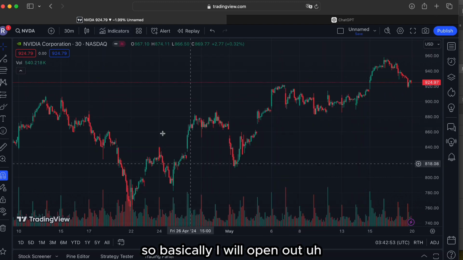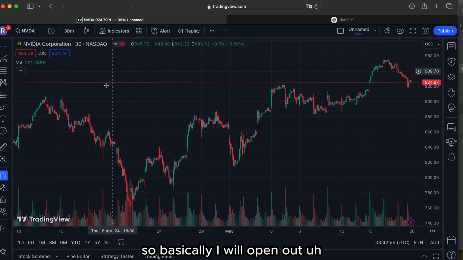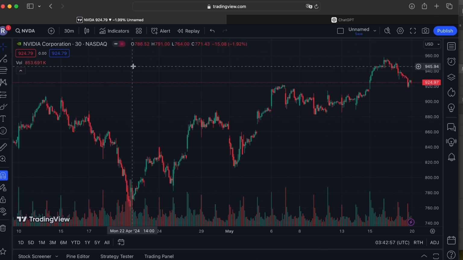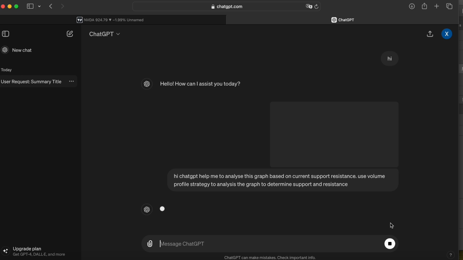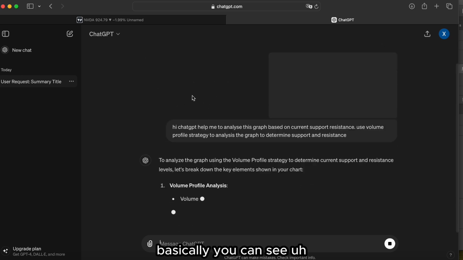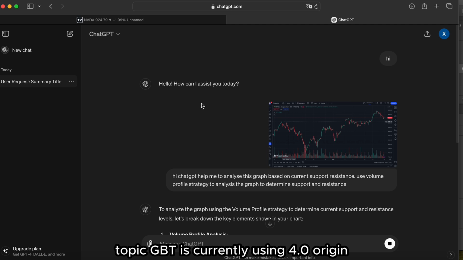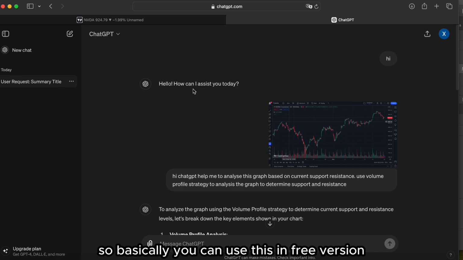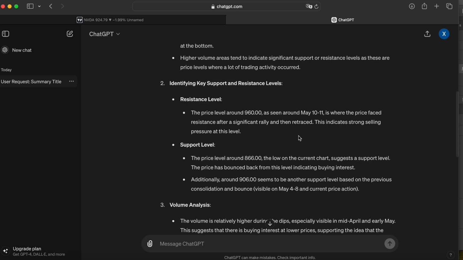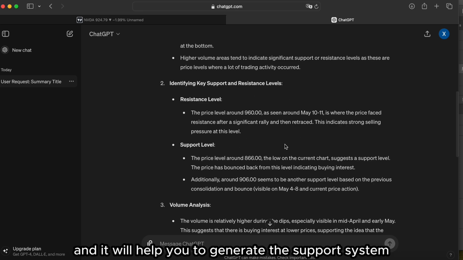So basically, let's start. You can see ChatGPT is currently using the 4.0 version, GPT-4 Omni. So basically you can use this in the free version and it will help you generate the